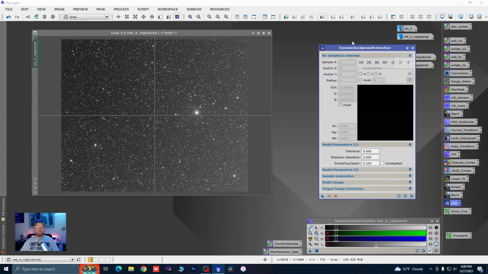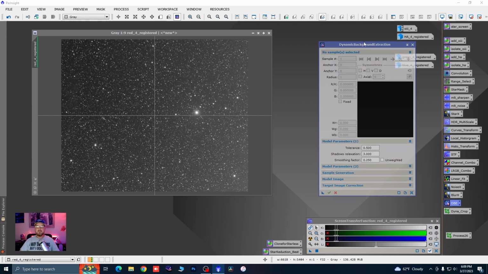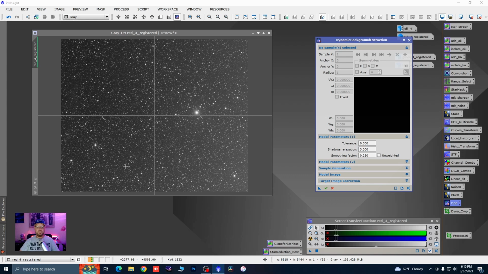in contrast with a very nebulous region, where I might use ABE, the automatic background extractor, or make big old boxes. But anyway, let's set up DBE for this star region, because really all we care about in these three images is our stars. And yes, I like to do DBE on each individual channel separately, if you're shooting one shot color, you wouldn't think you'd want to separate those. But anyway,